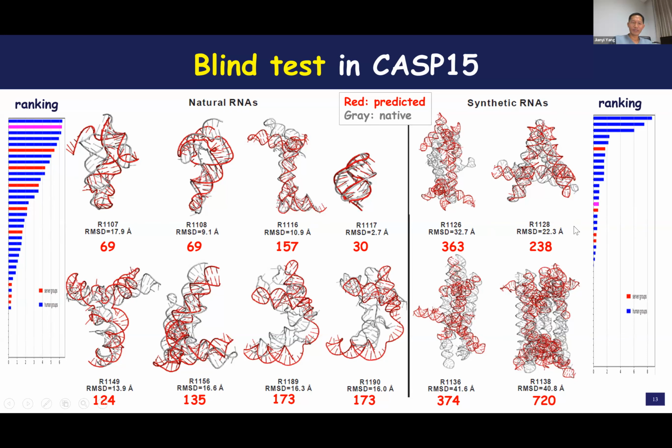So here I want to make a comment. For the synthetic RNAs, you can see I have 2 different colors, red and blue, in both figures. The red bars are from automatic prediction, and the blue bars are the human groups. Overall, the top 4 are based on conventional physics-based methods. Other groups also use deep learning, not just our group. There are a few other groups in the world with deep learning methods.